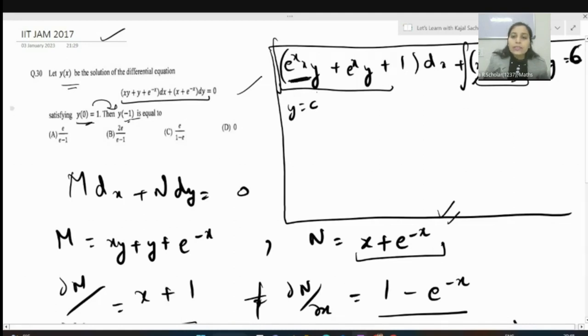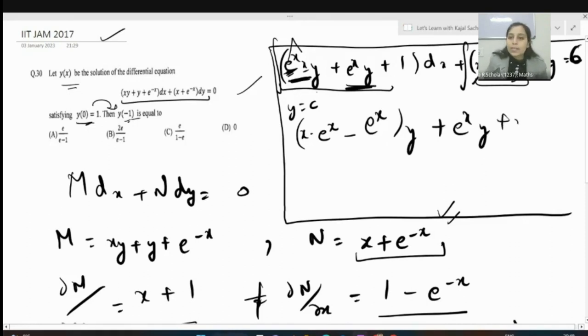For integrating this with respect to x, we have to apply the u into v rule, taking this function as first and this as second. So taking x constant, e raised to power x integration, minus x differentiation 1 and e raised to power x integration, e raised to power x into y plus e raised to power x into y as e raised to power x, keeping y as constant, plus x, 1 integration is x, plus here from 1 integration is y is